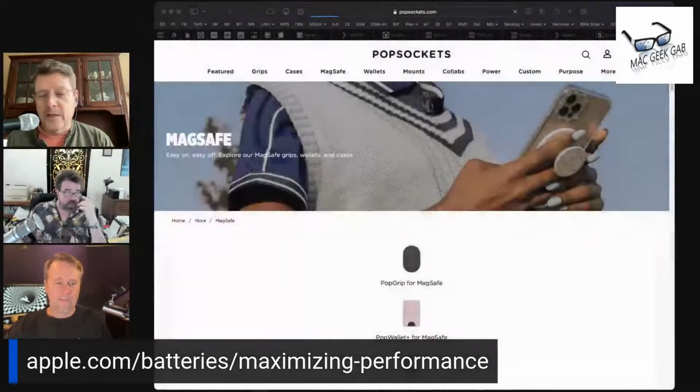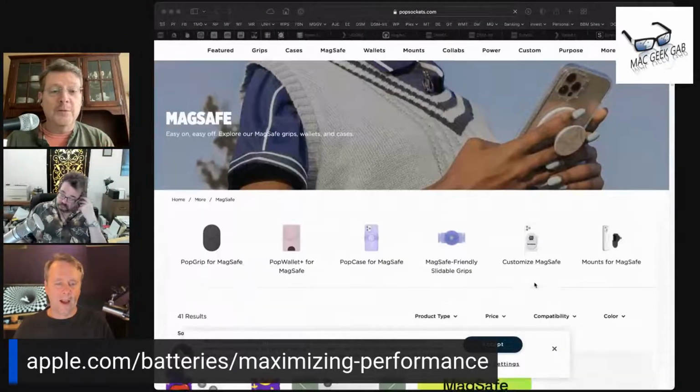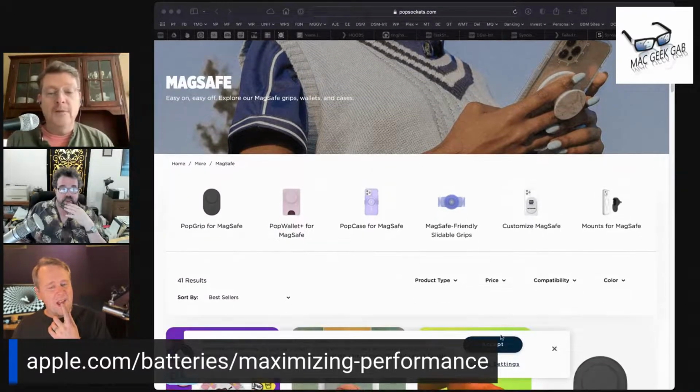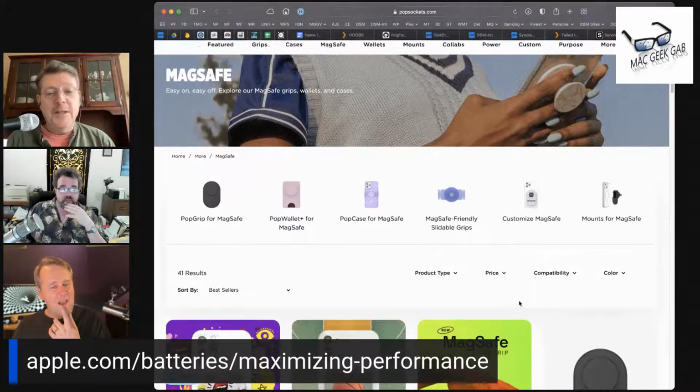I actually happened to find one that was customizable for my daughter for Christmas, so she got a picture of her puppy dog with her at college on the back of her pop socket. But it's a MagSafe pop socket, and it's pretty strong. You've got one up in the share of the video. That's handy. I really like that.